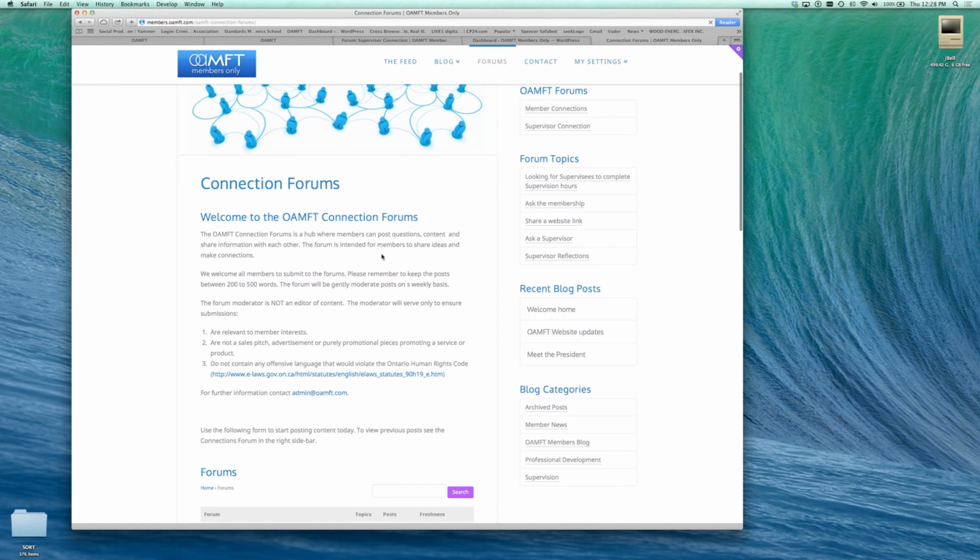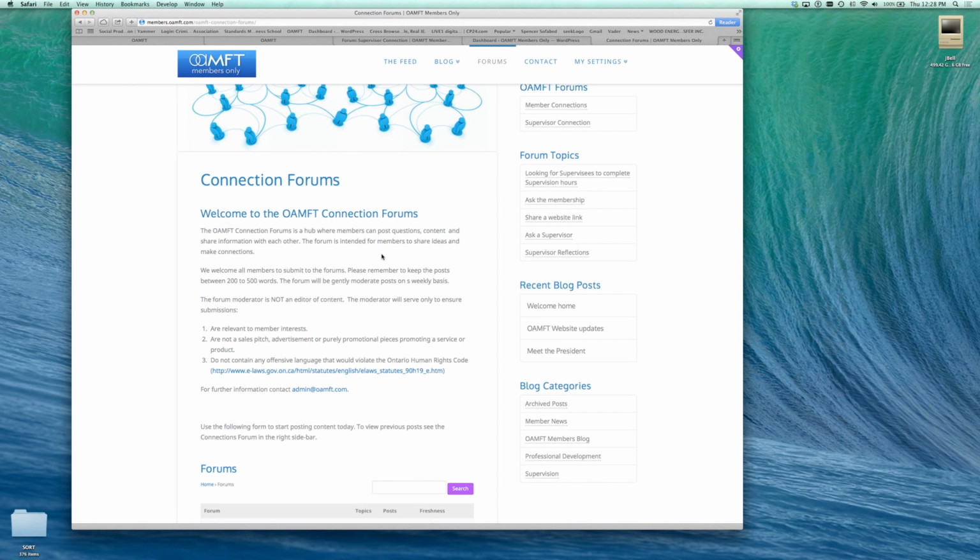You'll see that there's posting guidelines here. We want to make sure that this content's relevant and of interest to members. It's not sales, advertising information, and it doesn't contain offensive language. Again, for the most part, these things don't go down on these types of services, but if there are issues with that,